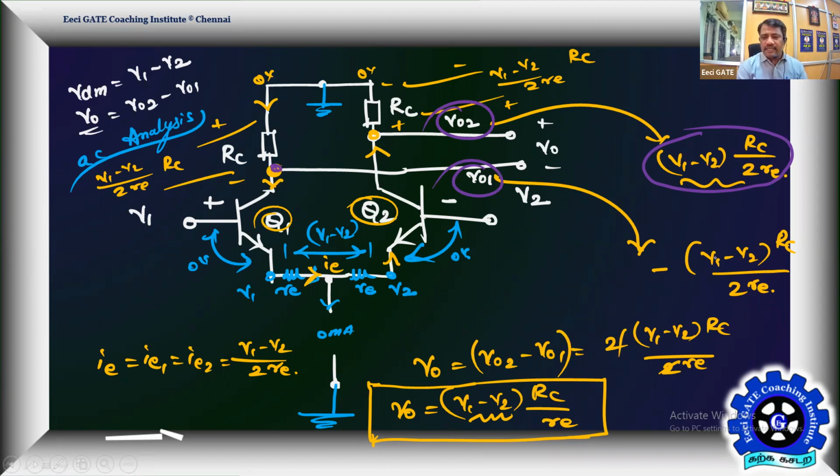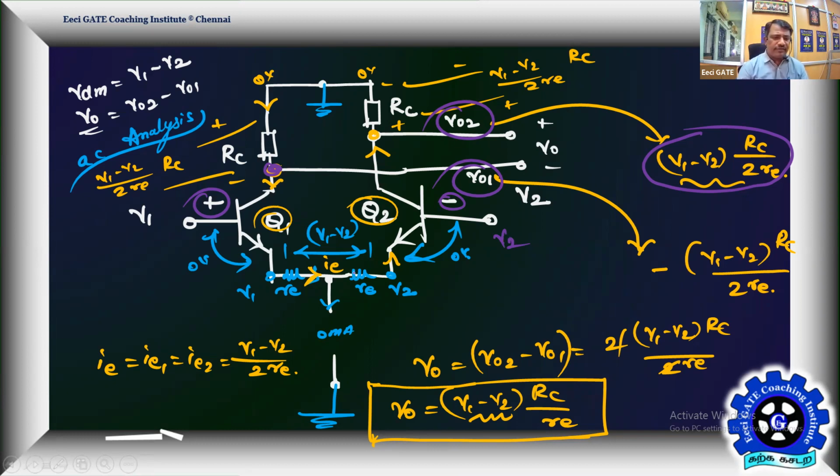Suppose he is going for V2 minus V1, then he can go for applying minus here. Then the output can be taken at the first collector. But that is not making sense because I already allotted V1 for the positive terminal and V2 for the negative terminal. So I have to go with this. The output can be taken either at the second collector or the first collector if it is single ended output. If it is dual, both have to be taken.